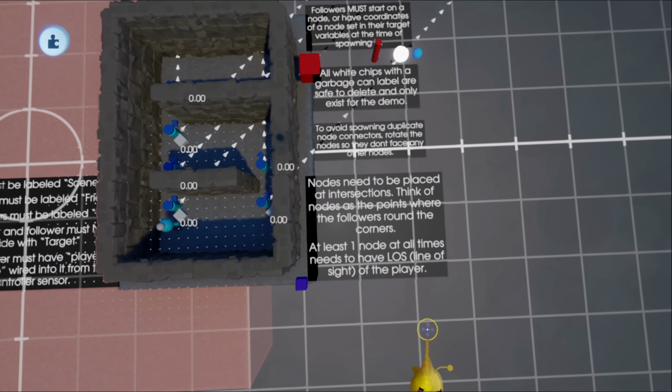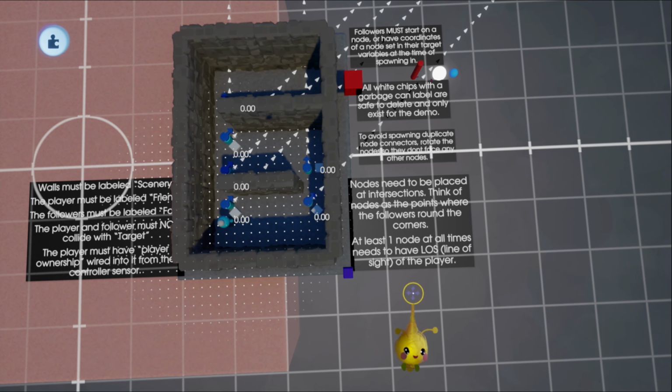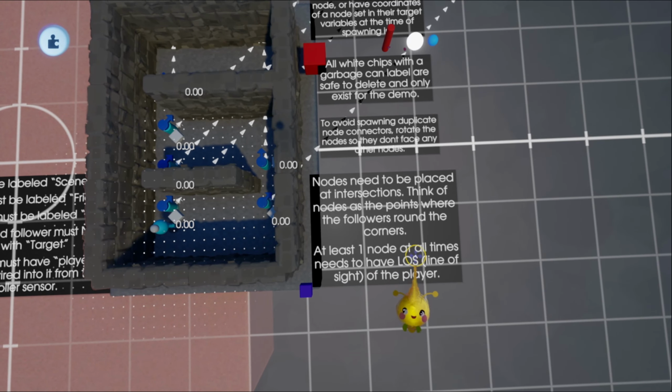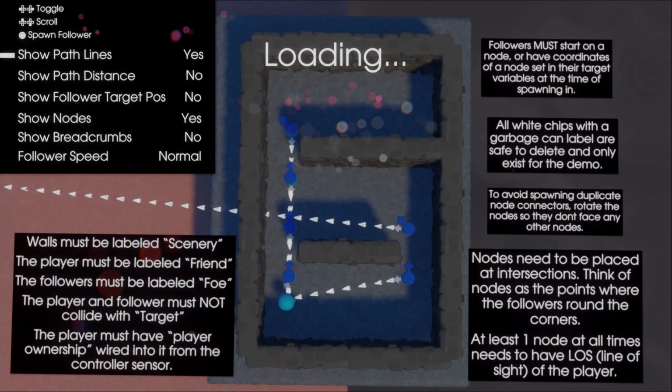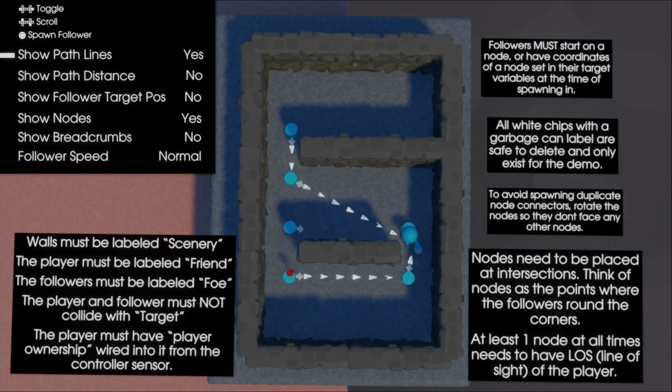Nodes need to be placed at intersections. Think of nodes as the points where the followers round the corners. At least one node at all times needs to have line of sight of the player. No matter, when I say player, I mean target. It doesn't need to be the player. Wherever the player is, at least one node has to be able to see it, quote unquote, have line of